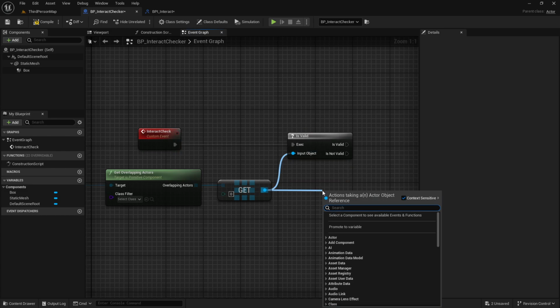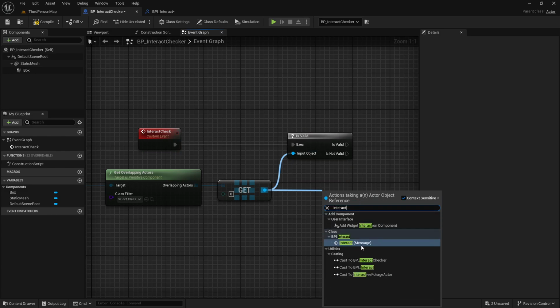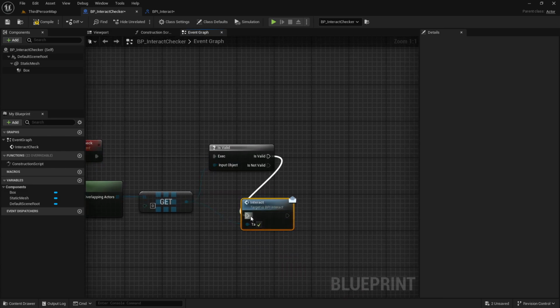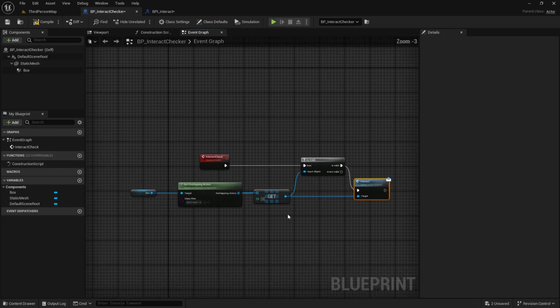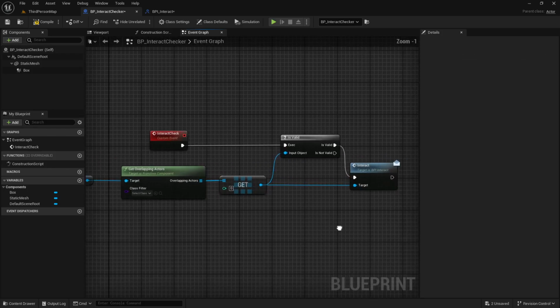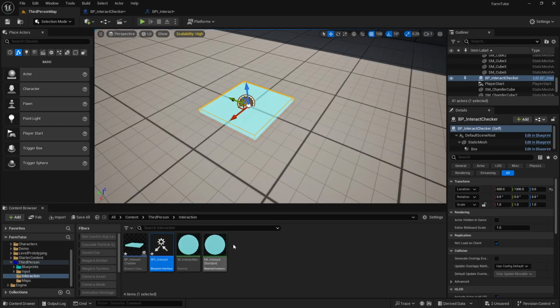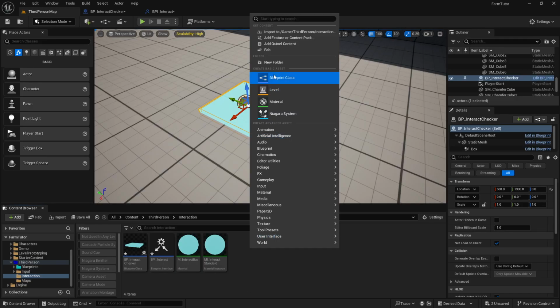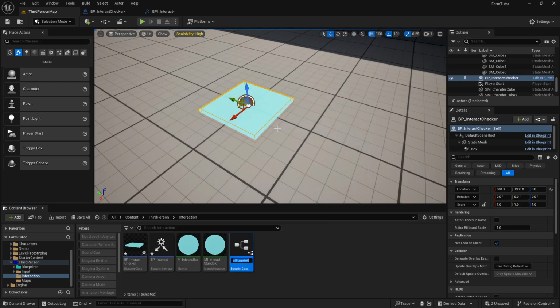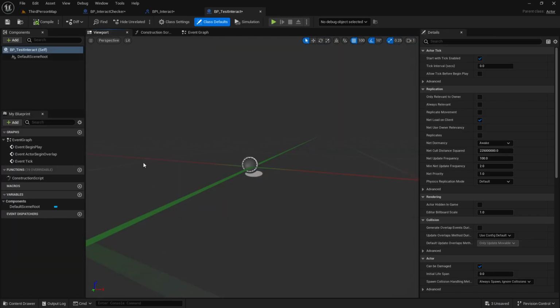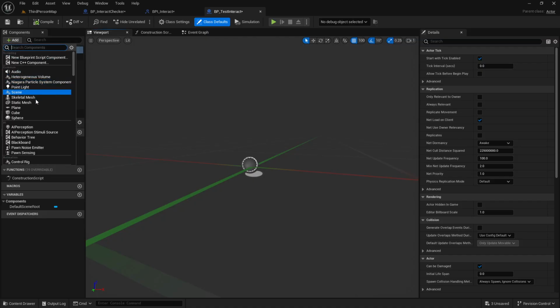And if it is, then we call our interact message to tell it, go ahead, since you're real, we'll go ahead and try to do something. So if we compile that, then we can go set up our test interactable, which we will just set right here, be a blueprint class of an actor, BP_TestInteract. Double click and open that up, and I'm just going to give it a static mesh